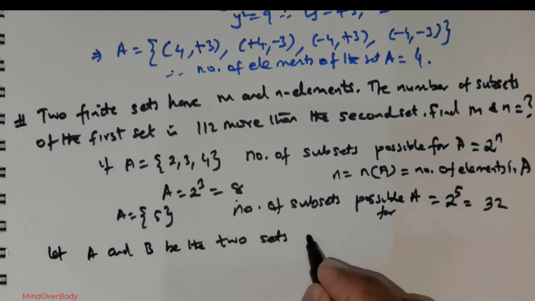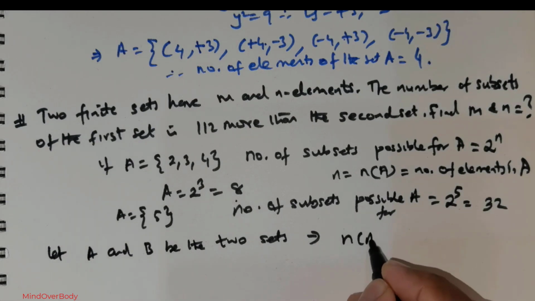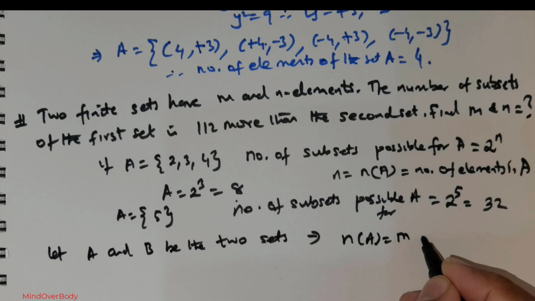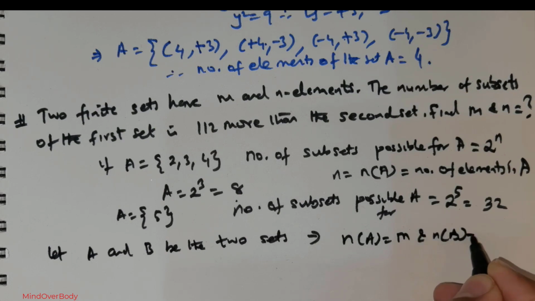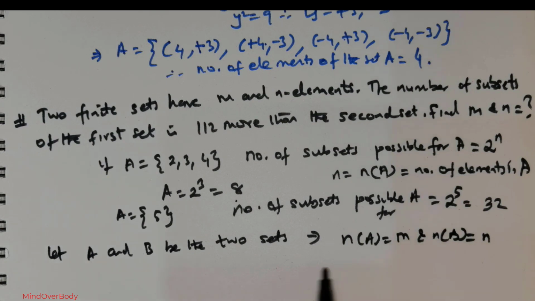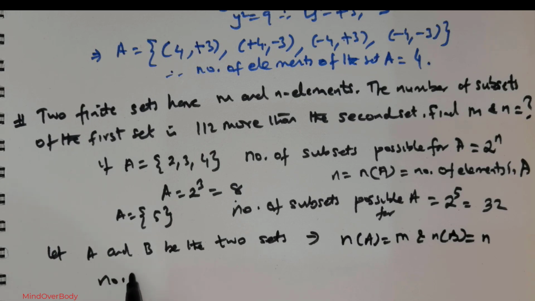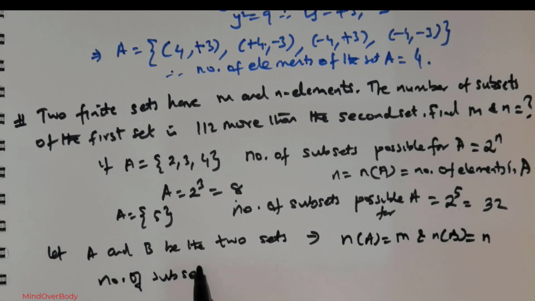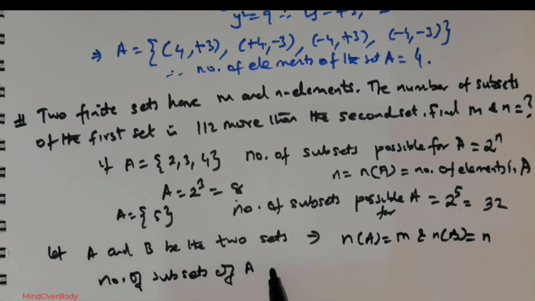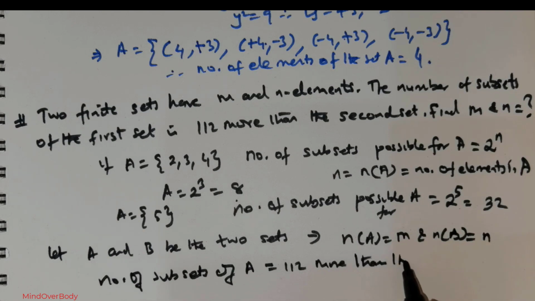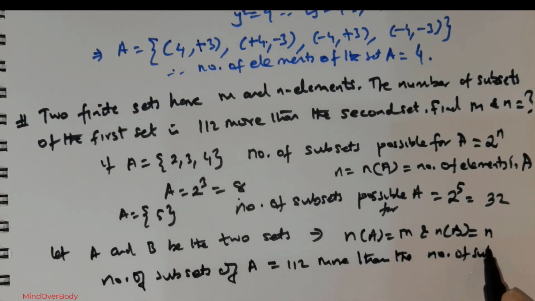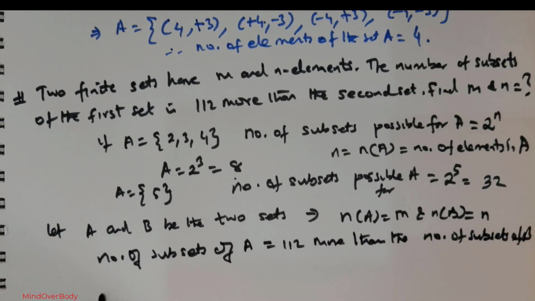two sets such that it's given that the number of elements in set A is m and the number of elements in set B is n, and such that the number of subsets of the first set A, the number of subsets of A is 112 more than the number of subsets of B, right? So in this case, what is the understanding? What is the meaning of this? So this would mean